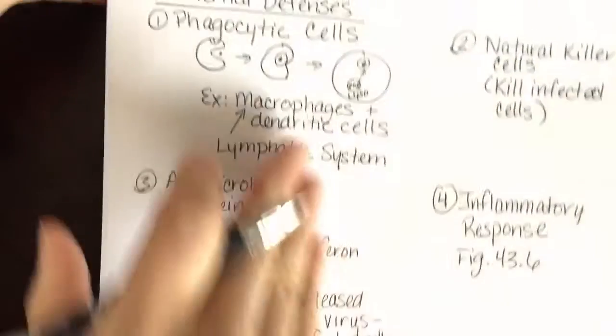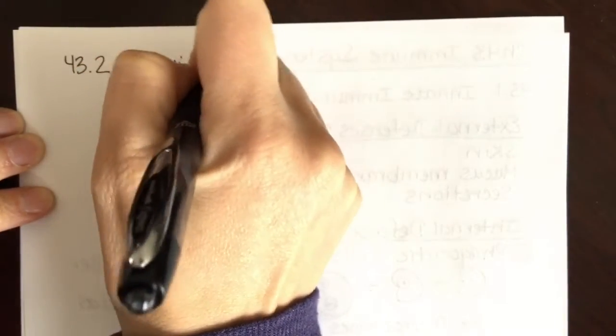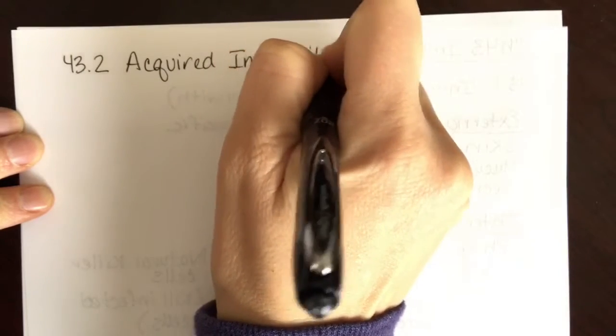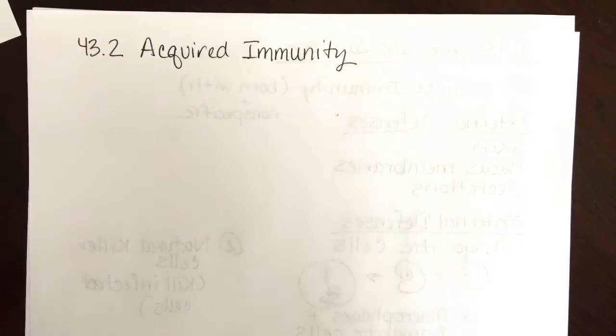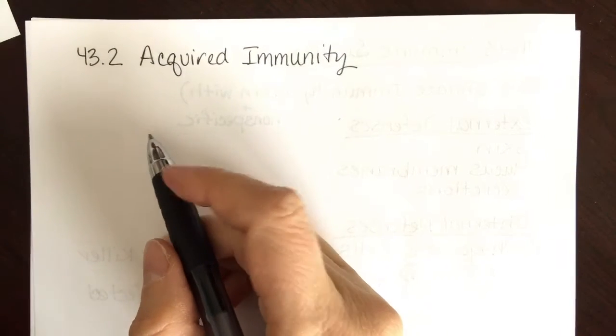So the second section, 43.2, let me turn my page over here, is all about acquired immunity. So 43.2 is acquired immunity. This is immunity that you get or acquire during your lifetime. So you are not born with it. So let's go over